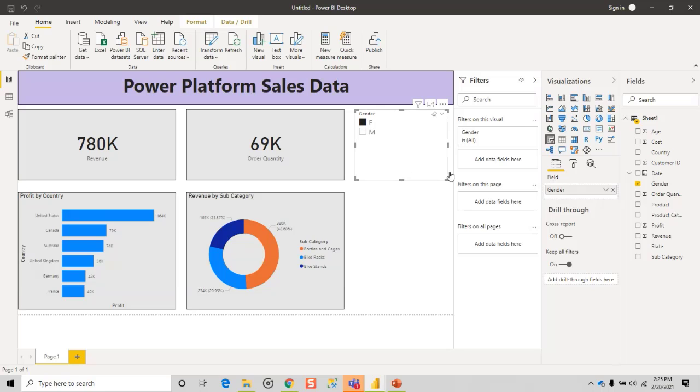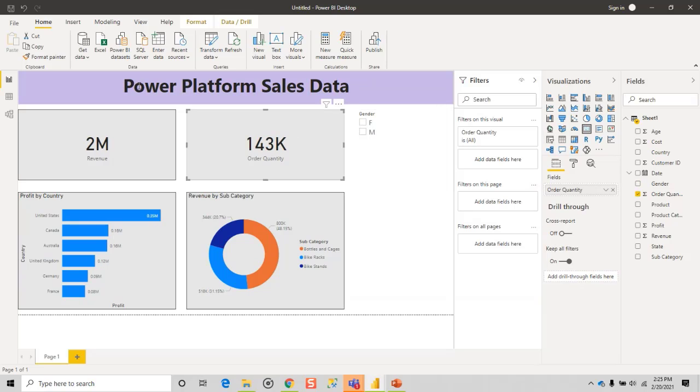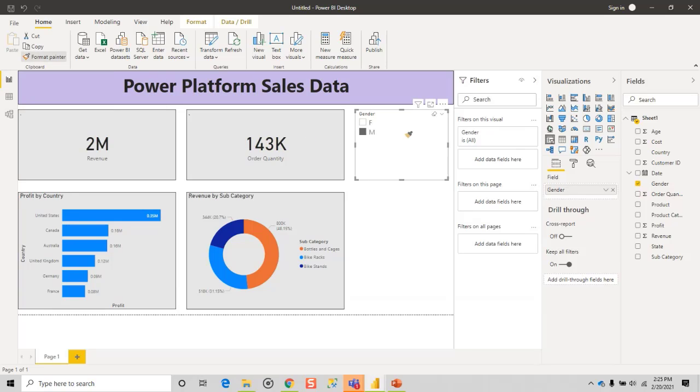You can also use it for other things. Just make sure that whatever you're putting into your slicer is not too much. It should be something not less than, like, 5 fields, something you can easily pick from, so you know that it's not going to be confusing. So to unselect that, I'm just going to click that again, and let me just use the format painter on that. Okay, so yeah,